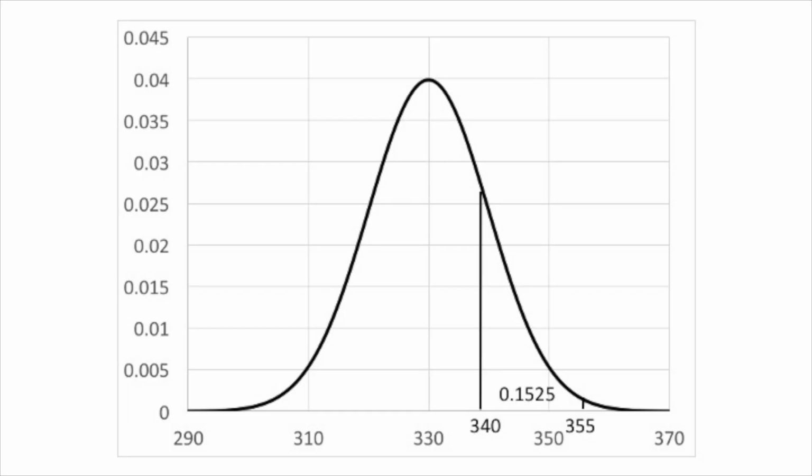I found that by taking 0.9938 and subtracting from that 0.8413. Again, that gives you about 15%. So now we'll go back to the original distribution of weights of offensive linemen in the NFL. And we show here that between 340 pounds and 355 pounds, you have about 15% of the distribution. So that helps us answer our original question, which was,